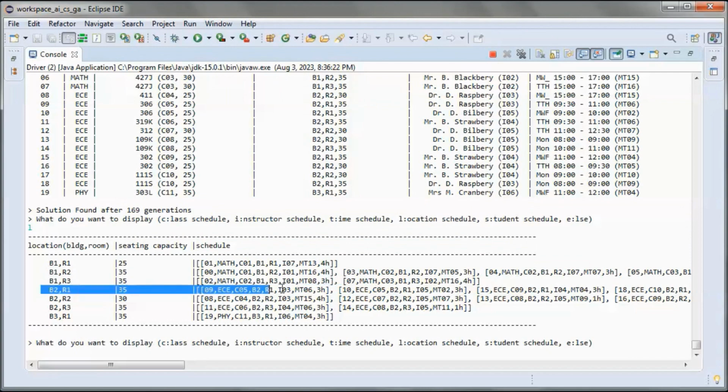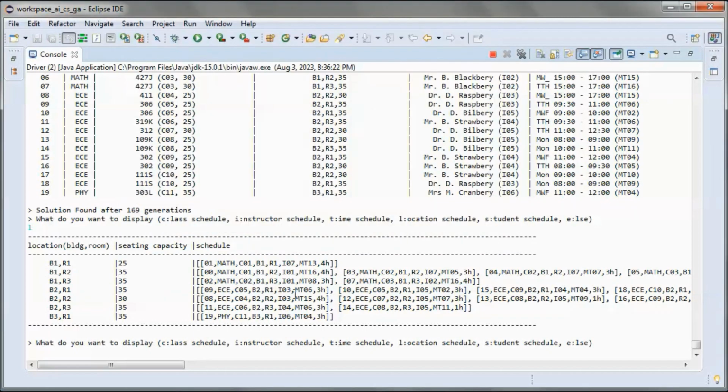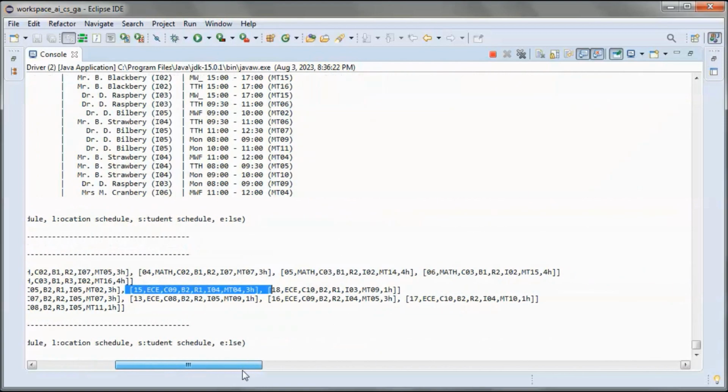And here meeting time 06, 02 and 04. 06, no conflicting meeting time. 02 conflicts with meeting time 10 or 13. So do we have 10 or 13 here? We don't.